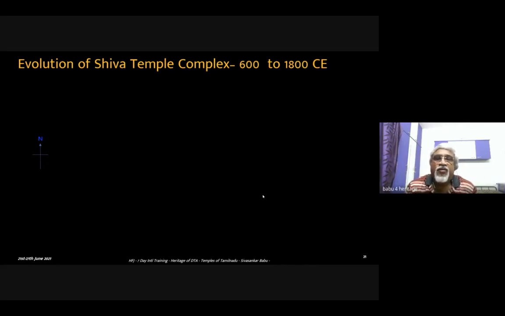So let us take the example of Tamil Nadu, from 600, that is from the times of the early Pallavas and the early Pandyas, and how it expanded up to the Cholas, and then later Pandyas, Vijayanagara, and then the Nayaka kings, and then later on, many of the trade communities supported the development. So we'll see how a simple Garbhagriha or a simple Vimana expanded into a huge temple complex.